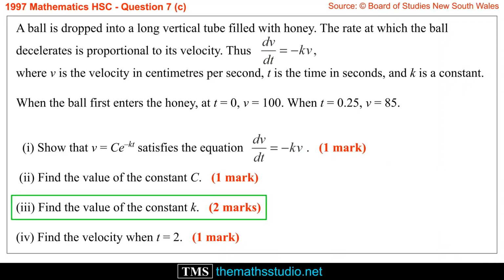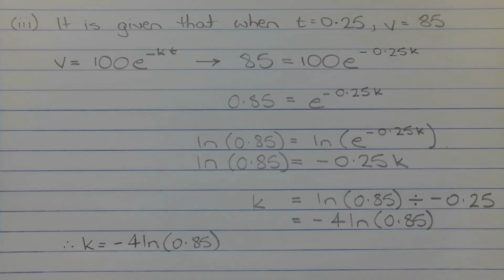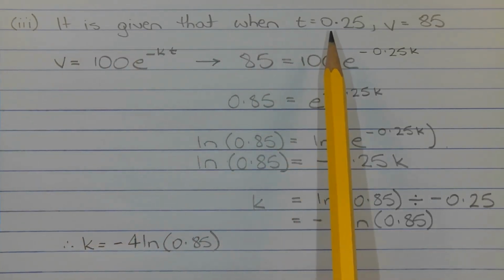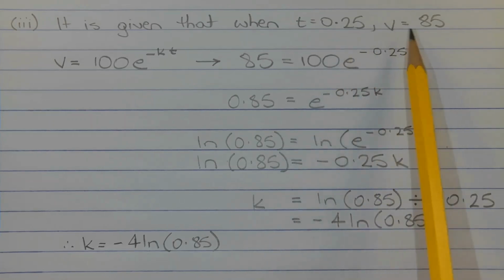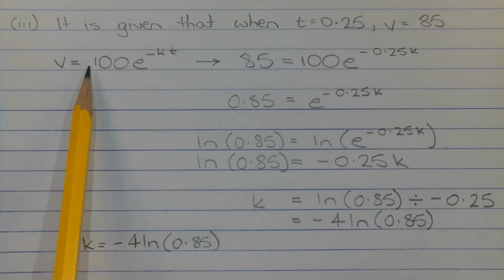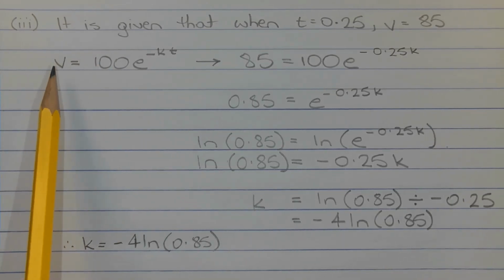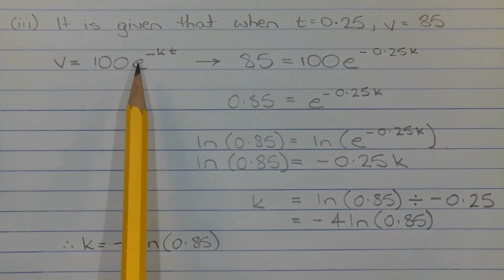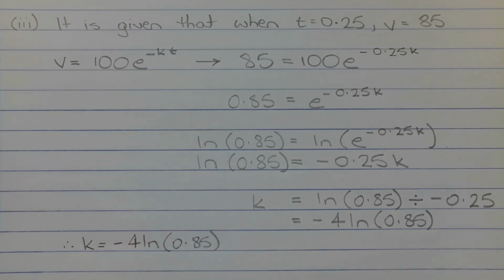Part 3. Find the value of the constant k. In order to find k, we need to apply the second boundary condition. It is given that when t is equal to 0.25, v is equal to 85. Now in part 2, we found the value of c, which was 100. So the equation for v is v equals 100 times e to the power of negative kt. So substituting 85 for v here and 0.25 for t here, we can form this equation and we can solve